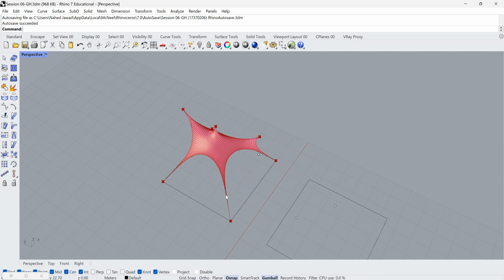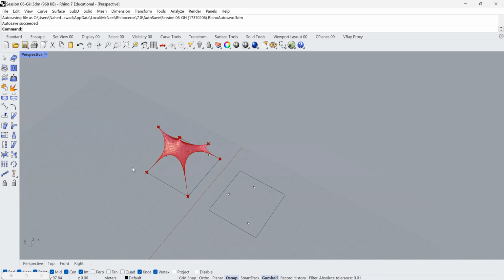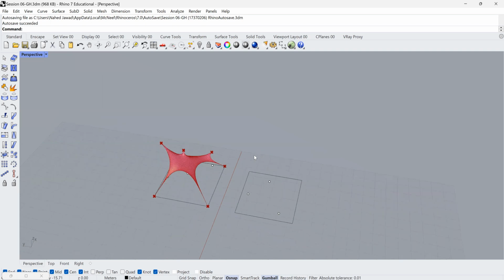It could be used for form finding as well. So if you don't have a form in mind and you want to create it in a kind of algorithmic way, this is a way to think about it. Maybe you have some inputs, you don't know the outputs. Kangaroo fits well in that. So let's build